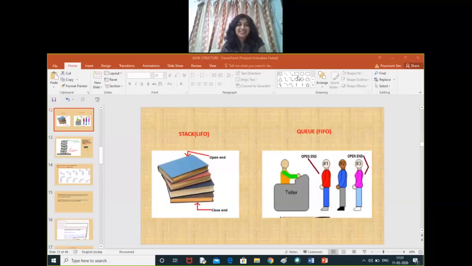So what is stack? In the image on the left hand side that is being shared on your screen, as you can see, we have a list of books kept on a table. So this is a stack. When you are keeping a list of books on a table, you are basically keeping things in a one-way list, because the table end where you have kept the books is the closed end, and the upper end from where you are placing the book and removing the book is the open end. So this is basically what a stack is.